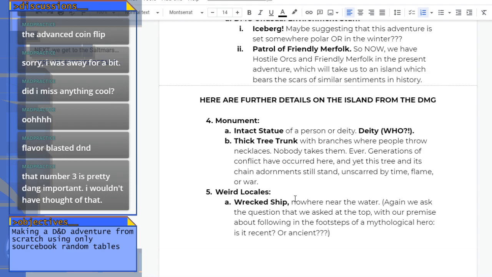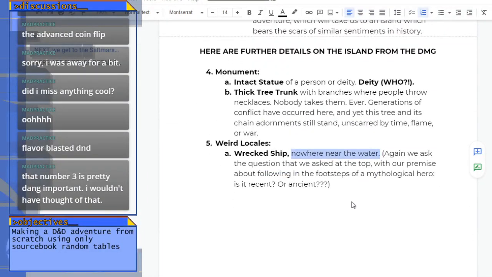So coming back to this thing, right? A wrecked ship which may be nowhere near the water. Well, I've kind of decided I want it to be nowhere near the water, so it's somewhere on the island, but the island is really small, which I might change. I might just re-roll one of the d6s, because right now it's only 1 mile square, which seems a little bit small to explore. But you know, again, maybe not. Maybe I'm underestimating how much stuff you could cram on an island of that size. Anyway,